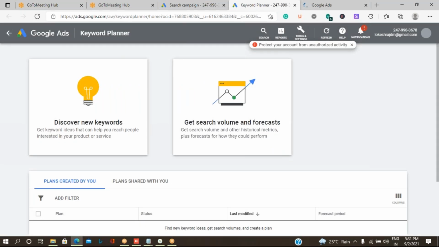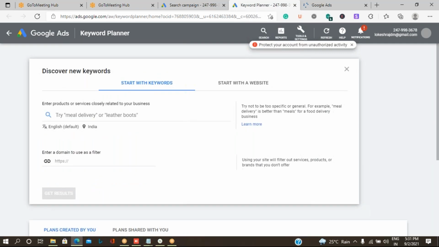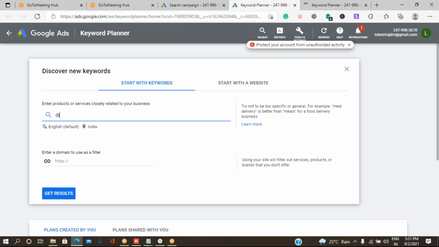In this keyword planner, I'll click on discover new keywords and I'll give an example: digital marketing services. Let me see how many people are searching with this kind of keyword.